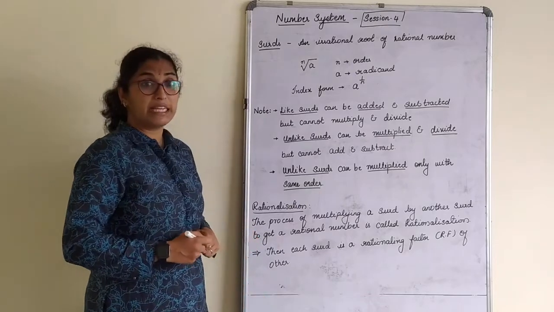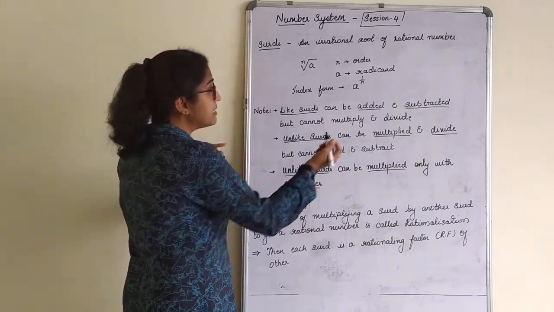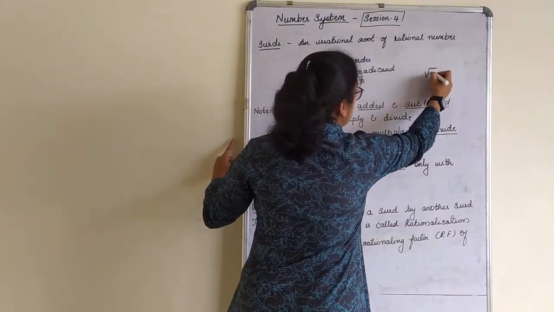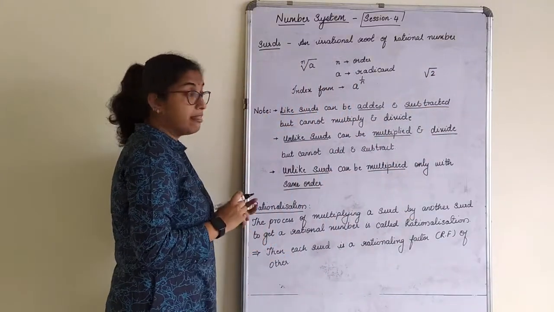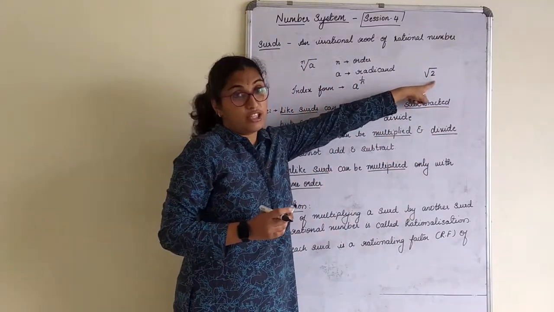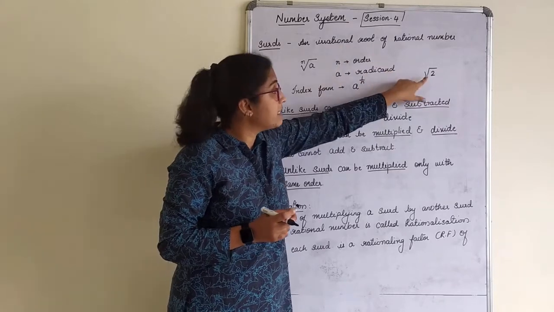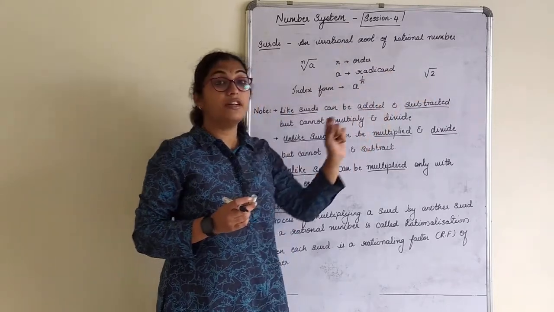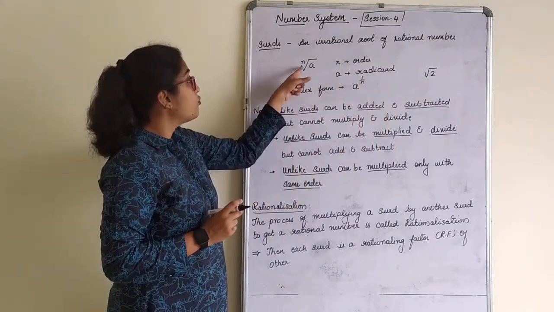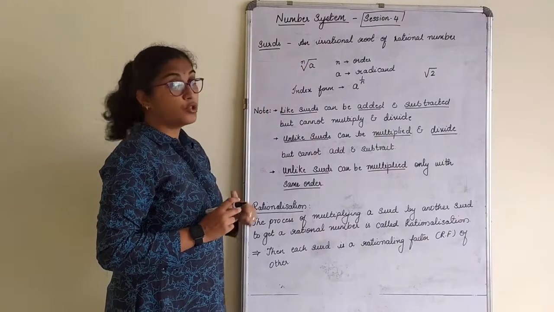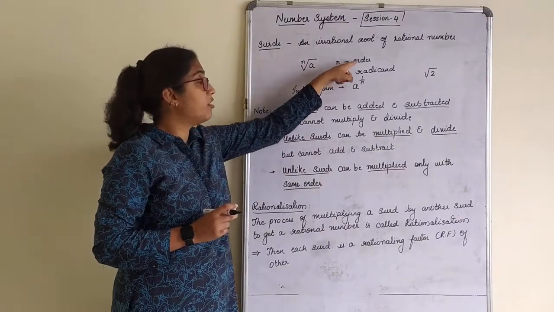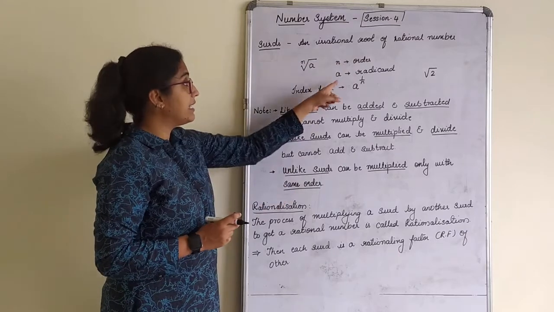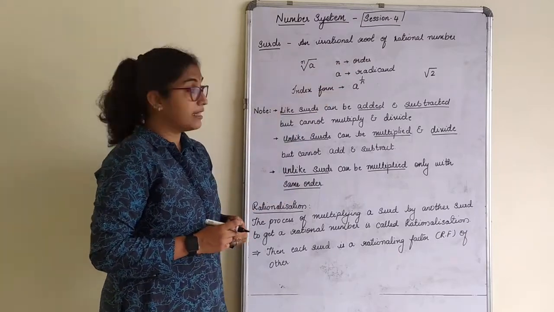Now what do you mean by irrational root? So we see, root 2 is an irrational number, but 2 is a rational number. So a surd is an irrational root of a rational number. We denote that by nth root of a, where n is called the order of the surd and a is called the radical.